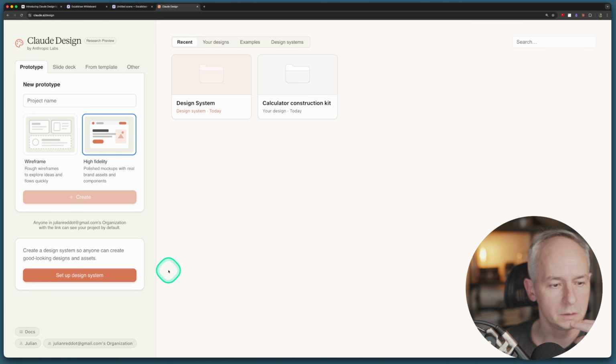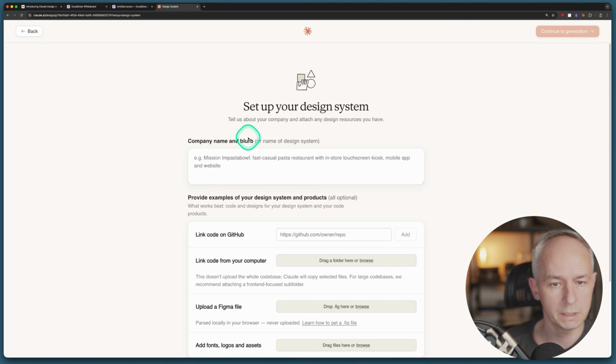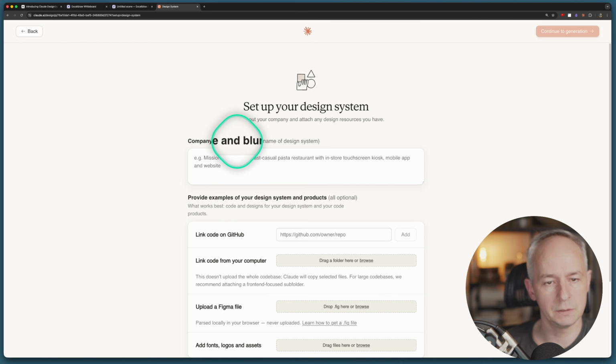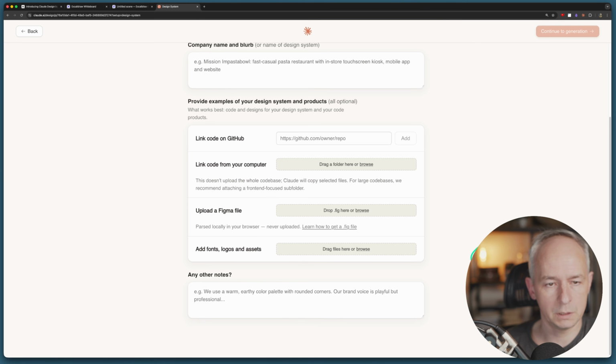Let's actually look at the setup design system at the bottom and what happens. Okay, so we can specify the company and the brand name and also the blurb if we have one. Then we can provide examples of our design system and products. This is all optional as it states. So you can point to GitHub, which is pretty nice. We might try that. We can link code from a computer locally, or we can upload a Figma file, which